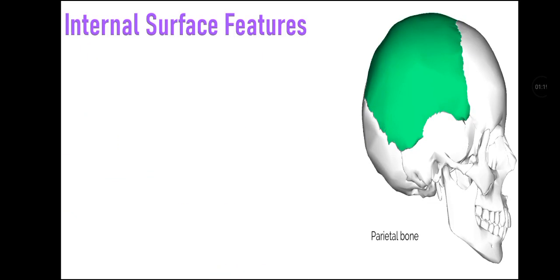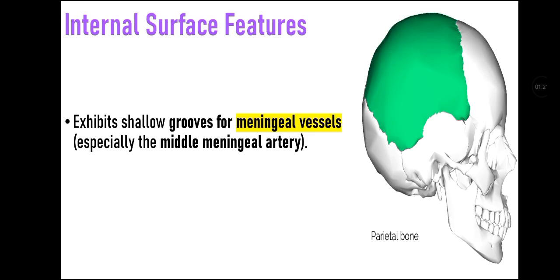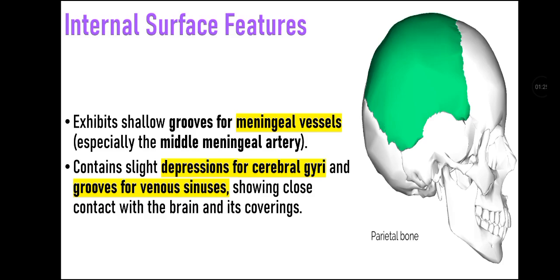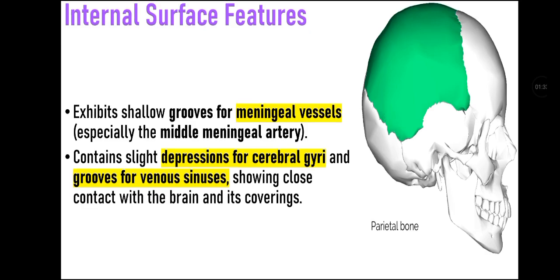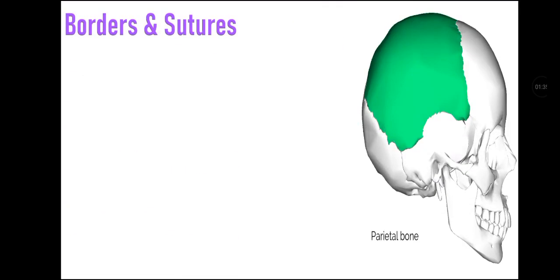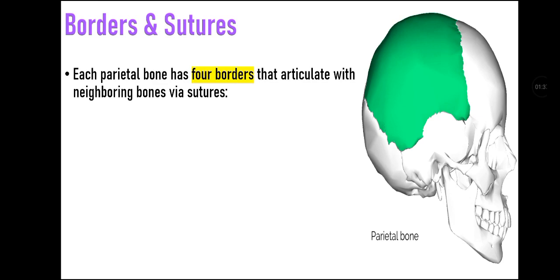Talking about internal surface features, it exhibits shallow grooves for meningeal vessels, especially the middle meningeal artery. They contain slight depressions for the cerebral gyri and grooves for venous sinuses, showing close contact with the brain and its covering. Talking about borders and sutures of the parietal bone, each parietal bone has four borders that articulate with the neighboring